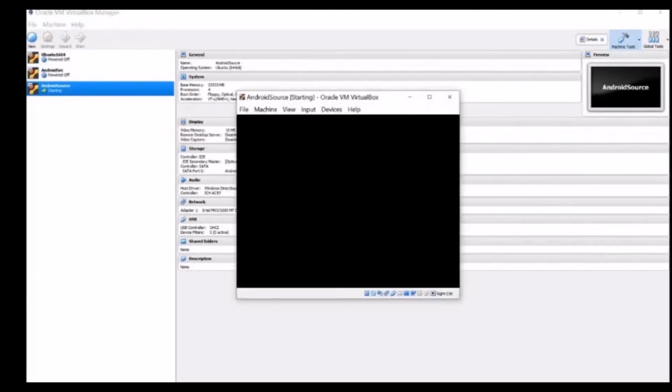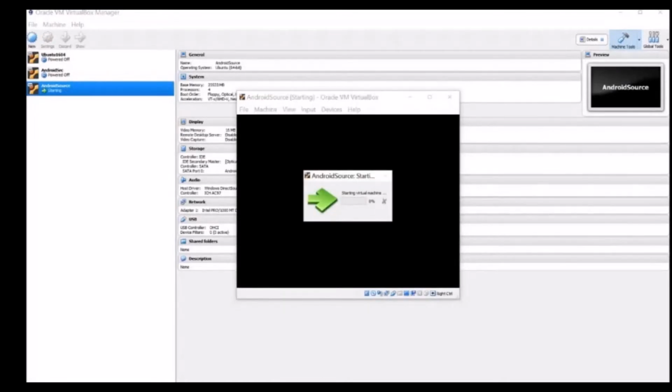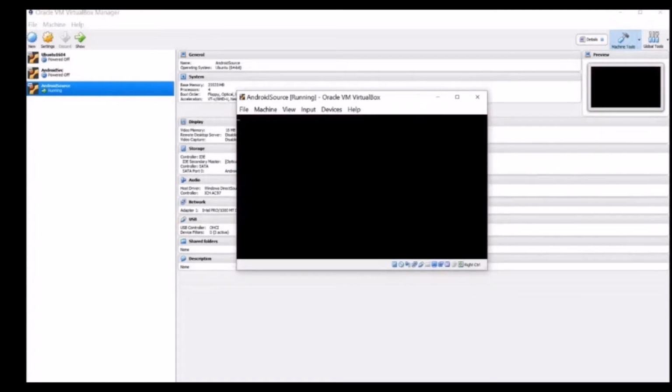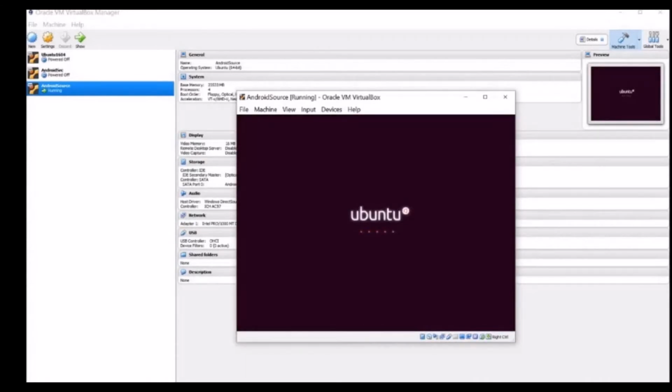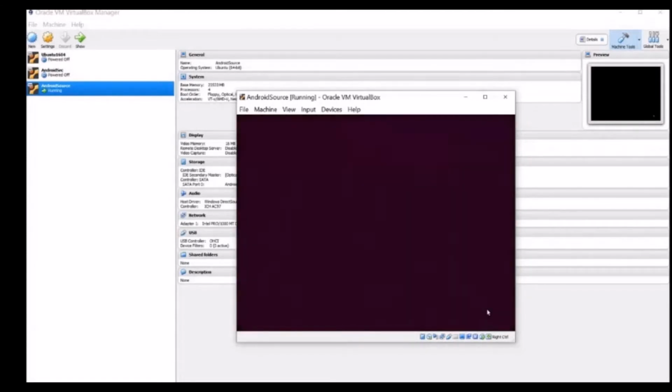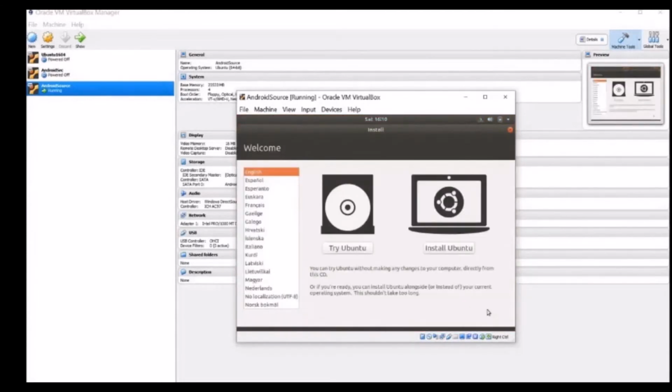Select the VM and click Start. Once the VM comes up, install the OS onto it.